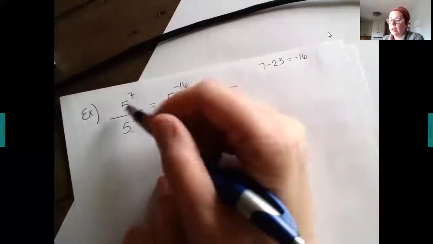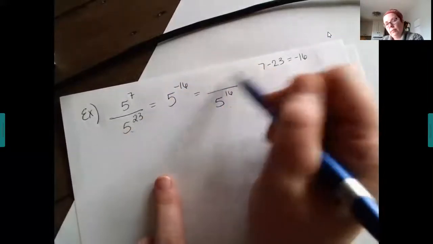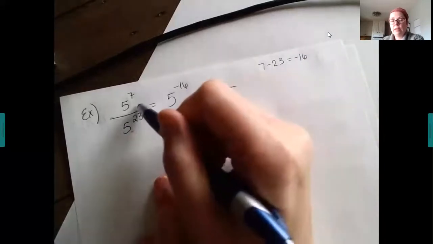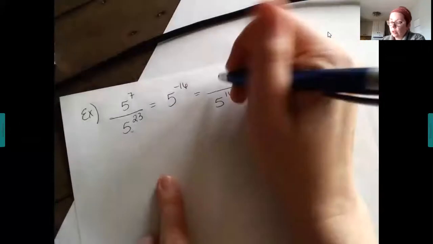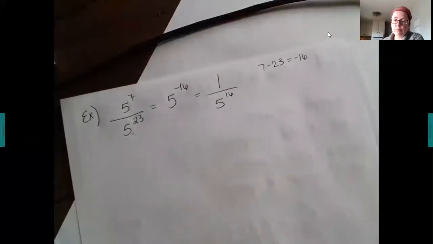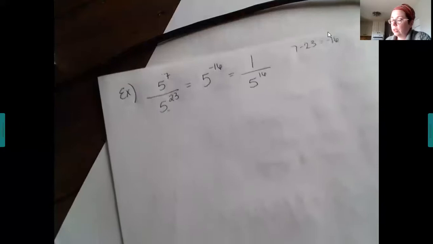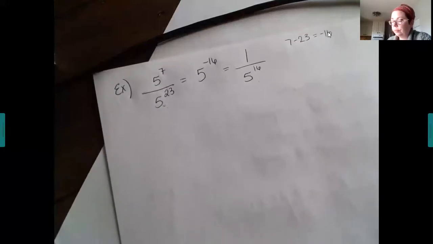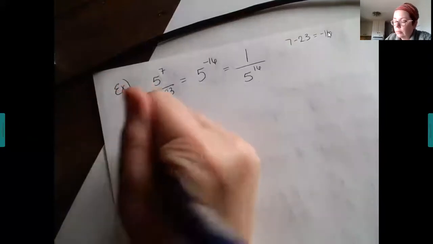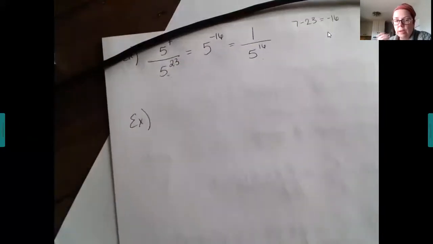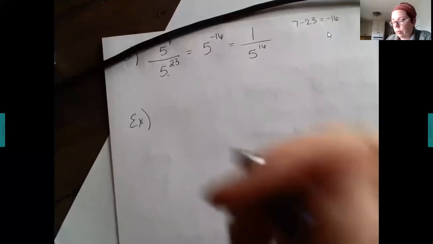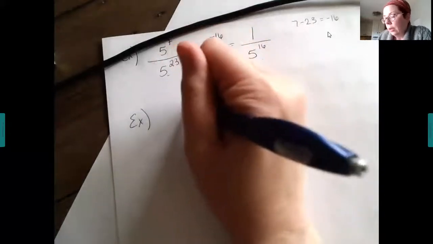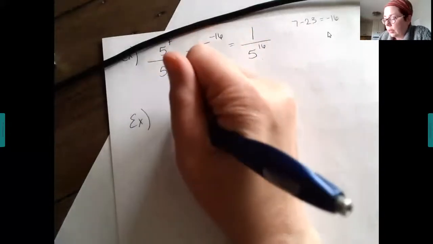And again, had I done 23 5s and 7 5s, as these 5s would cancel out, you're going to be left with 1 on top. Okay. So those exponent rules get a little tricky sometimes. But again, if you just think about it and work through it with maybe a smaller example, then usually it'll help. So if we had something like this,